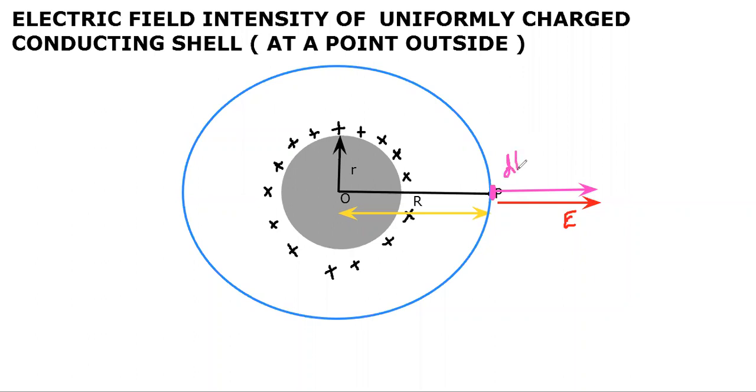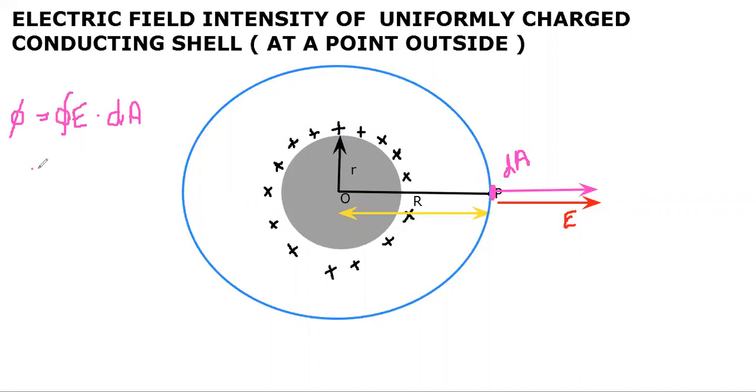Now what was the next step after marking dA vector? We have to find flux, and the formula of flux is E dot dA. So I will write phi is equal to integration of E dot dA. Here we have only one dA, so we write it one time only. In previous cases we have done it three times because we had three dA vectors there. E dot dA. You can make the closed sign also because the surface is closed.